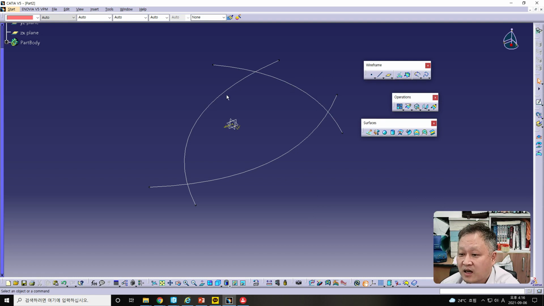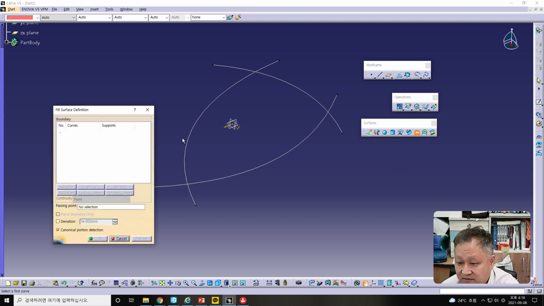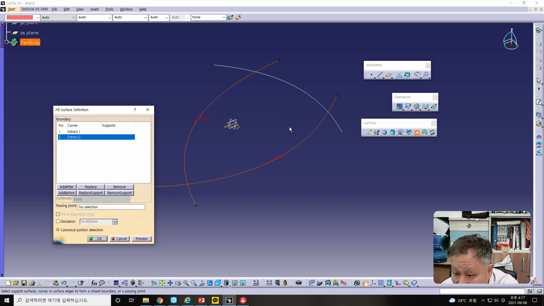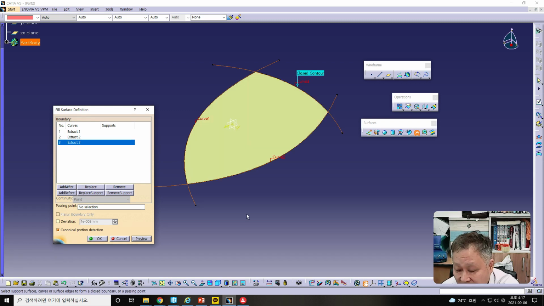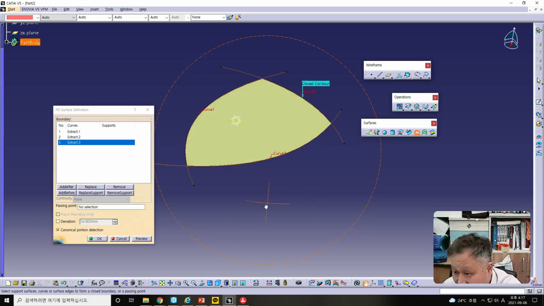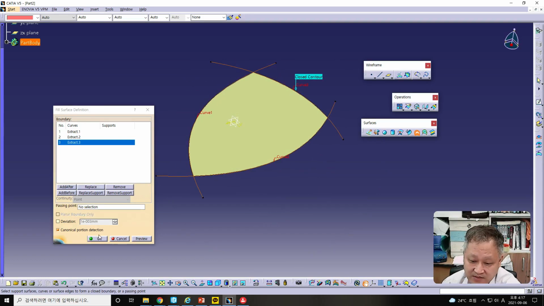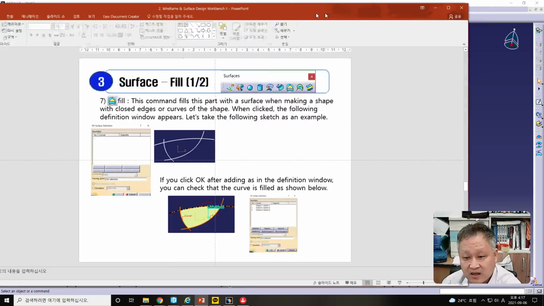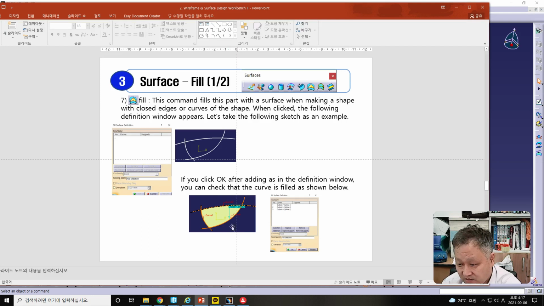Therefore, 3 kinds of line are extracted, and in this case, if you select the fill surface, though this line has an open gap, the 3 lines have selected each other, and a closed surface can be made in this case like this. This is the same example of this